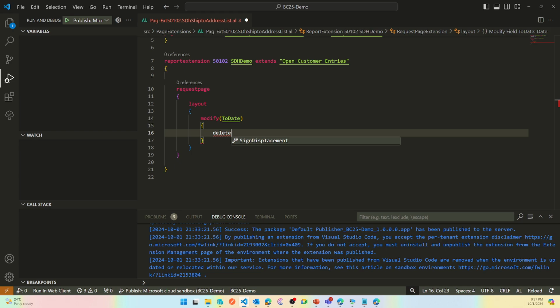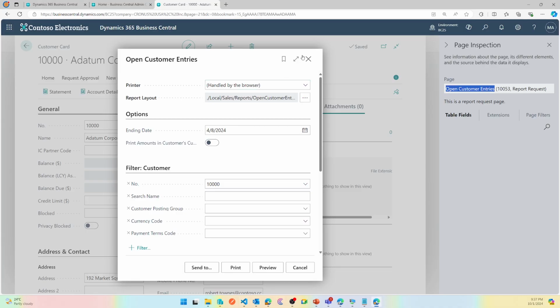If you know how to do that, let me know in the comment section. But okay, moving forward, that also raises a big concern: can I go ahead and use this on my posted documents? Can I actually go into my item ledger entry, where it is right now disabled? So if I go into my item ledger entries or any other ledger entries for that matter,